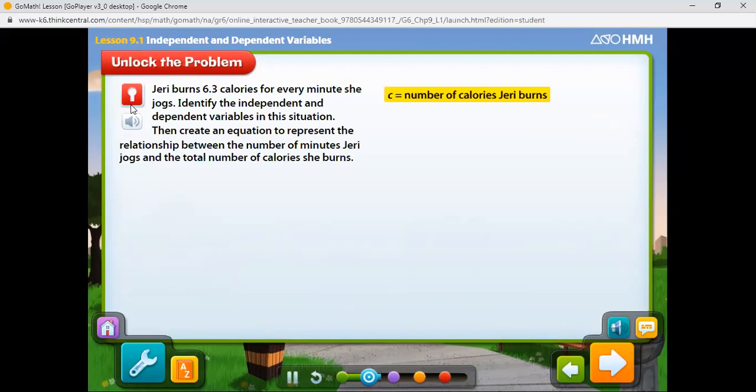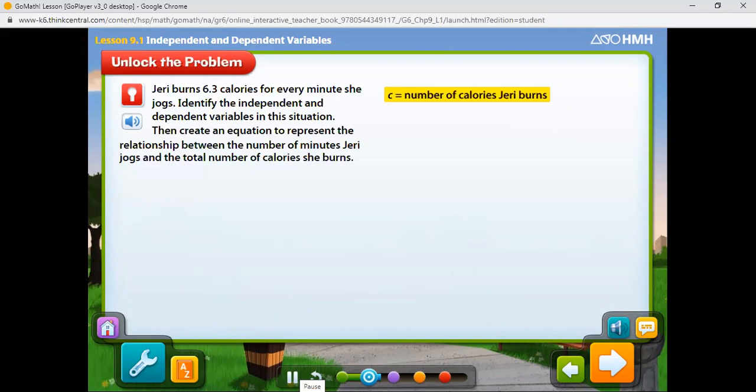Let's start by identifying the independent and dependent variables. Jerry burns 6 3/10 calories for every minute she jogs. Identify the independent and dependent variables in this situation. Then create an equation to represent the relationship between the number of minutes Jerry jogs and the total number of